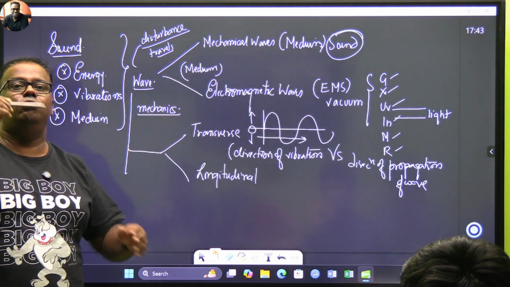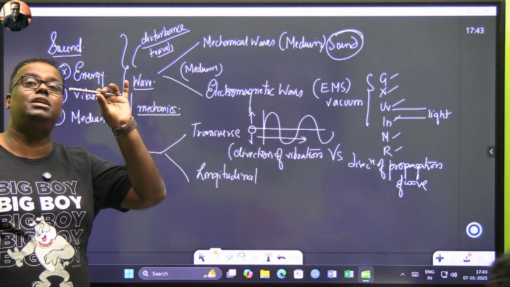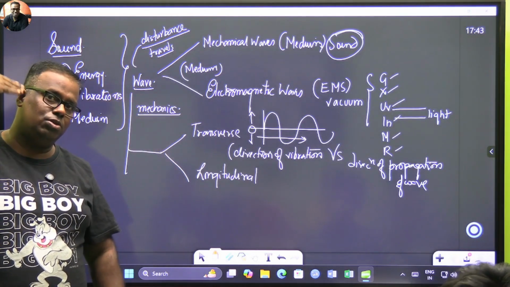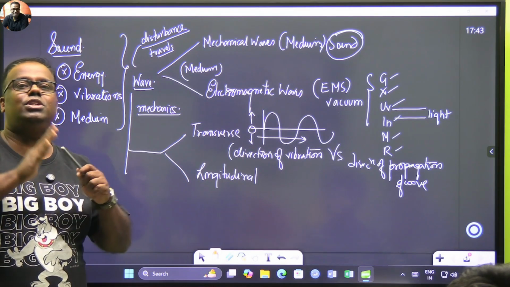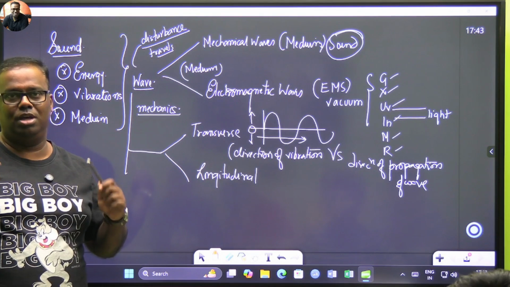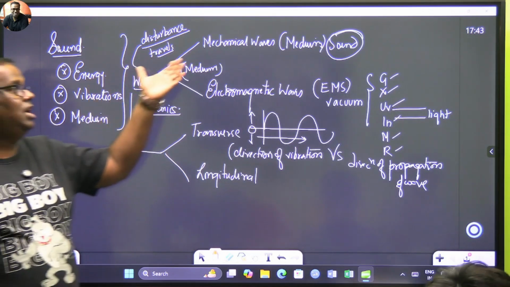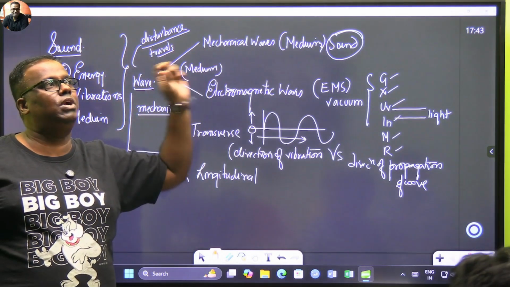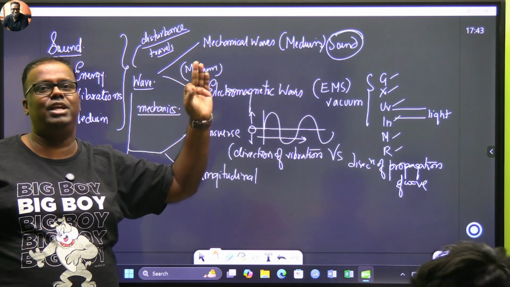When you strike the pen, you actually create a vibration. The pen creates a vibration in the air column. Ultimately, what is coming to you is the vibration of the air column. If that vibration is very small, you don't hear it. Are you getting it? That's why I said a wave is a disturbance. A wave is a tool used to understand electricity, sound, and light also.